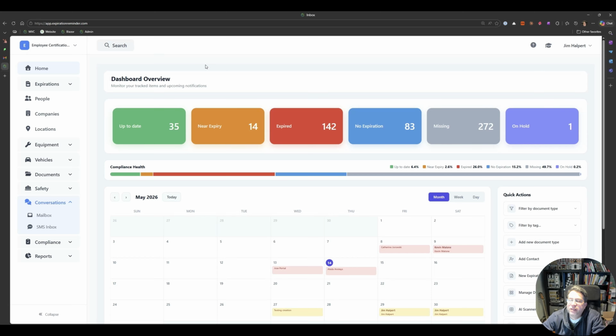Today, we're going to talk about escalation rules. Escalation rules in Expiration Reminder allow you to send notifications at specific time sequences outside the normal reminder frequency. Employees receive notifications about upcoming renewals 30 days before the expiration date, then 15 days, 7 days, and then 1